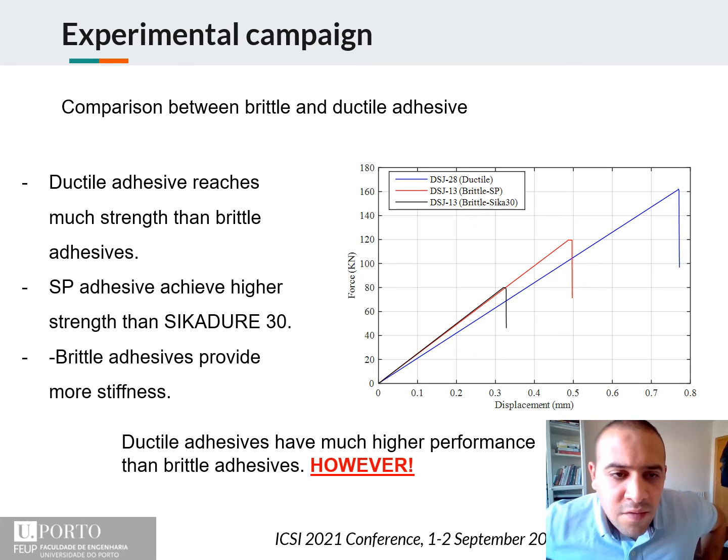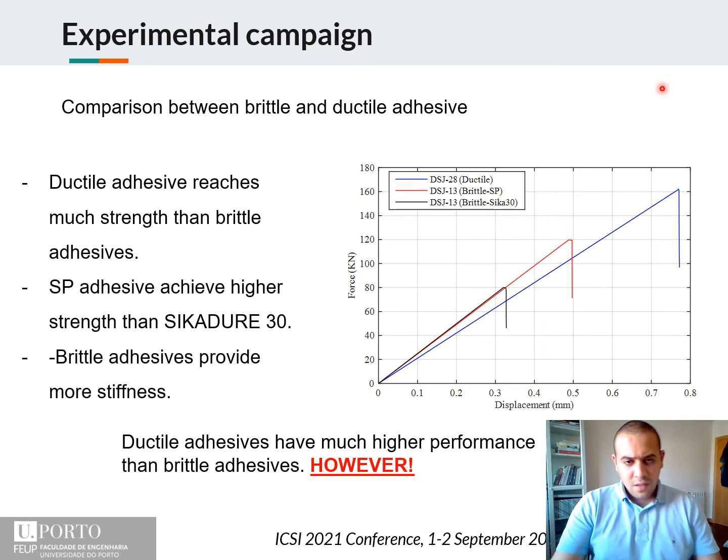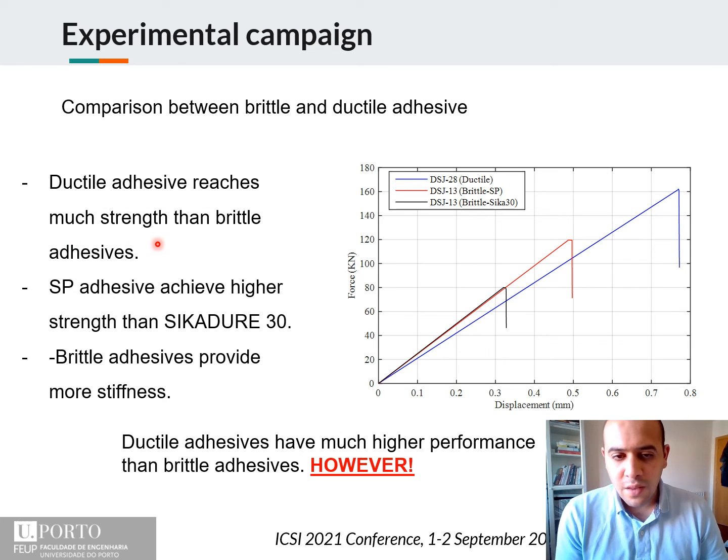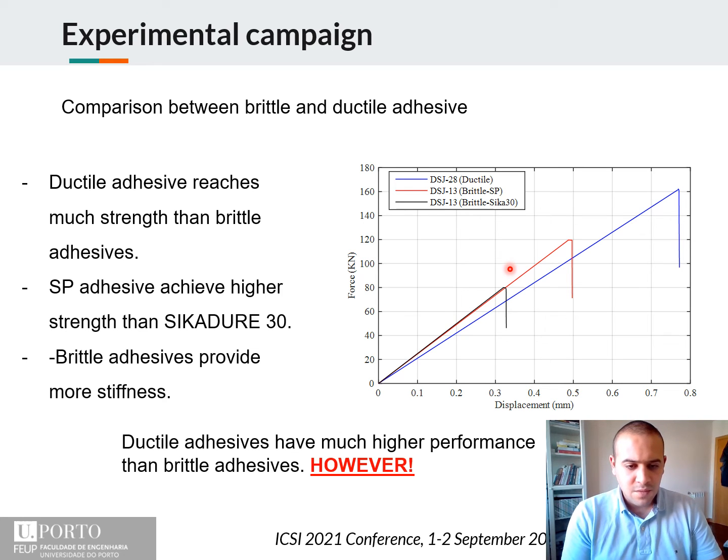Now here in this figure we are comparing the typical three joints with the three adhesives. As you can see, the ductile adhesive reaches much higher strength than the two other brittle adhesives, and the SP adhesive achieved higher strength than Cicadur 30, and brittle adhesives provide more stiffness to the joint. So in general we can say that ductile adhesives have much higher performance than brittle adhesives, as you can see. However,